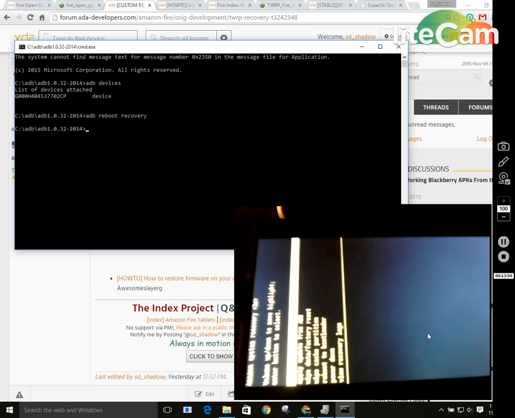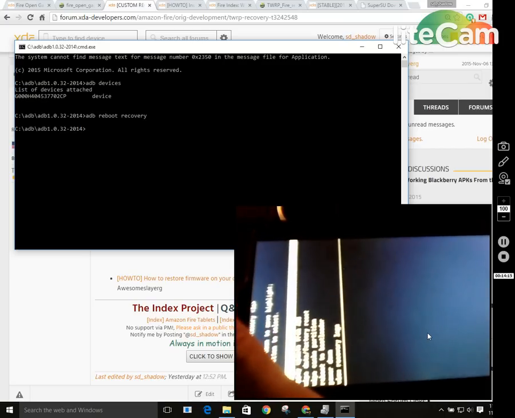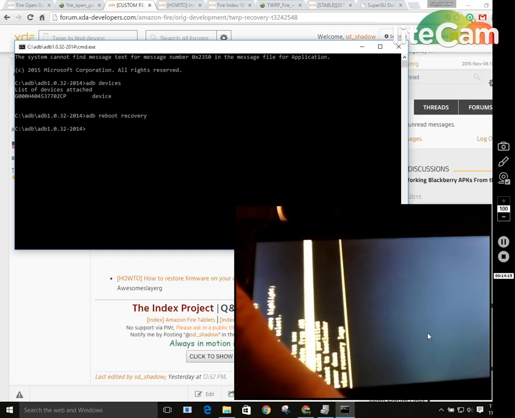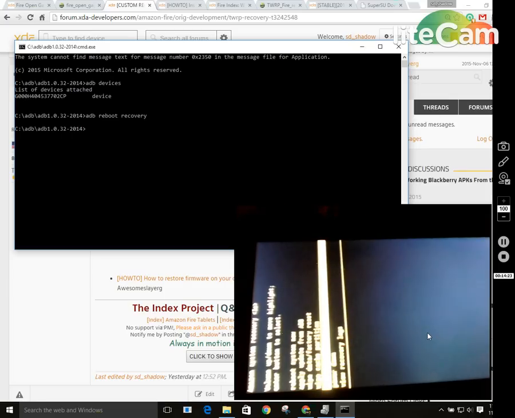Next option is wipe data factory reset, and next is wipe cache partition, and next is reboot to bootloader, and next is power down, and then you have an option to view recovery logs. Now, what we want to do is reboot to bootloader, so you just use the volume buttons and scroll to reboot bootloader, and then you just press the power button,